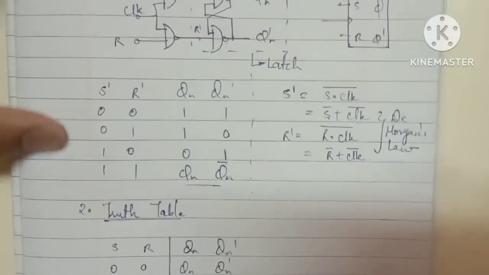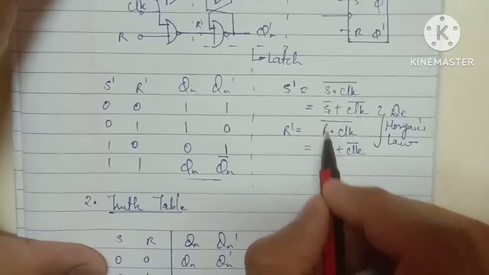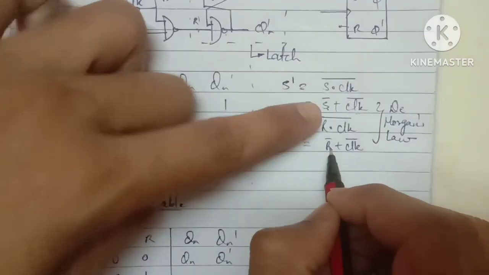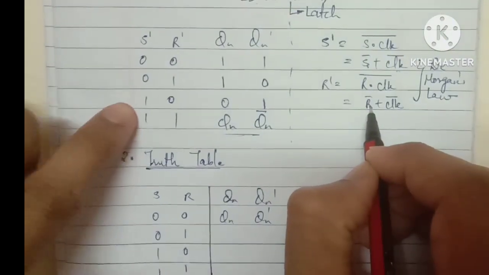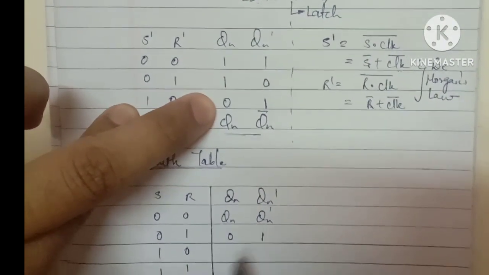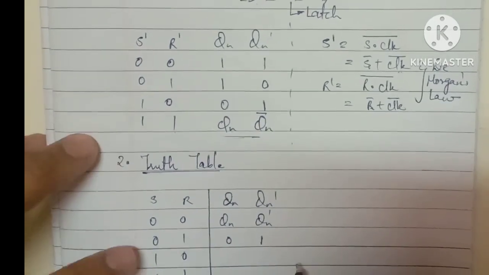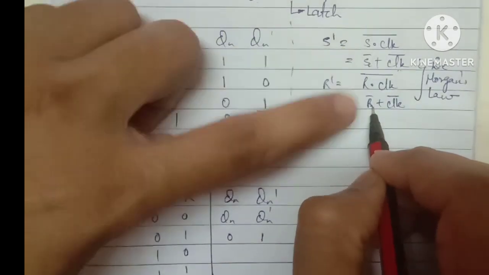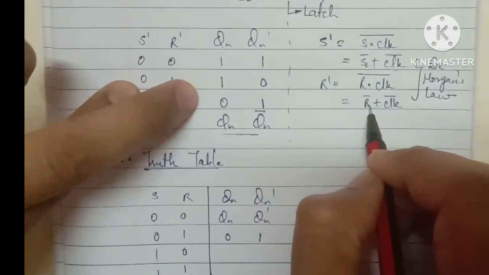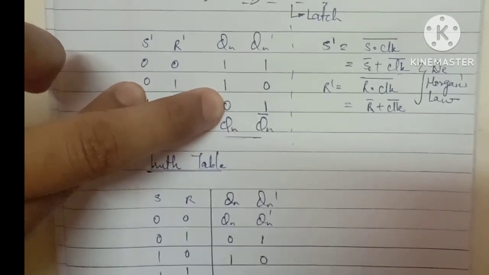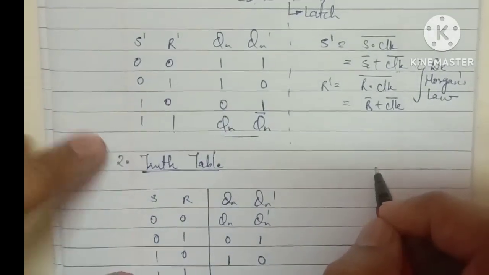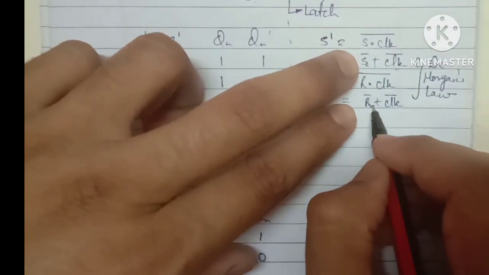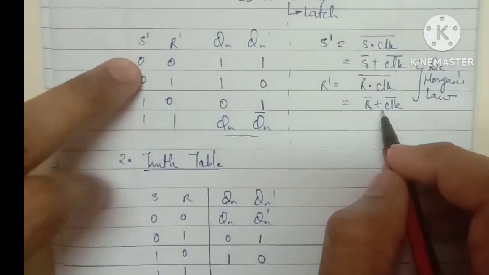Again, S equals 0 and R equals 1: the complement of 0 is 1 and the complement of 1 is 0, so 1 0 in the truth table gives you 0 1. Understood? Repeat: when S equals 1 and R equals 0, the complements are 0 1, which means the output is 1 0. Clear? Now when both inputs are 1 1, the complement of 1 is 0 each, so 0 0 means